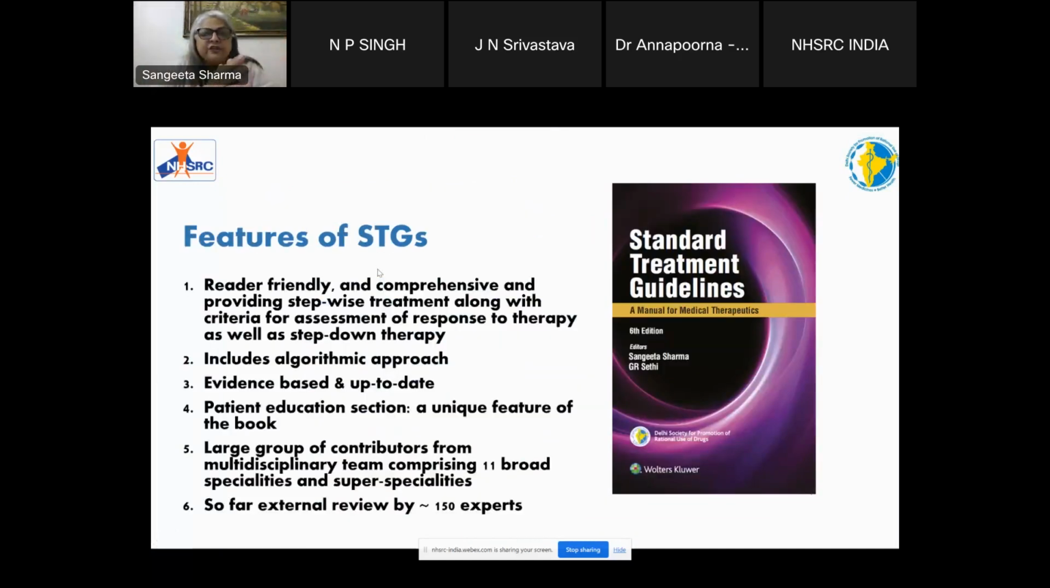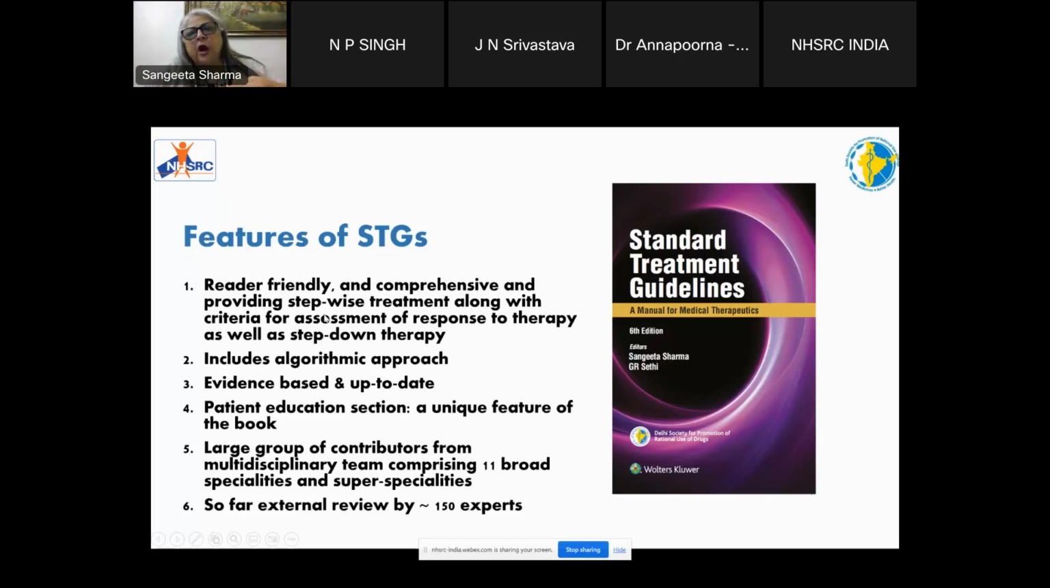So some of these features: NHSRC has produced 14 standard treatment guidelines. Now ICMR has come up with 100 pathways for this. Recently, they have also come up with an infectious syndrome based approach for management of infectious diseases. You can consult any one of these. This is one of the publications that we have had for the last 20 years. So it's a ready reckoner type of